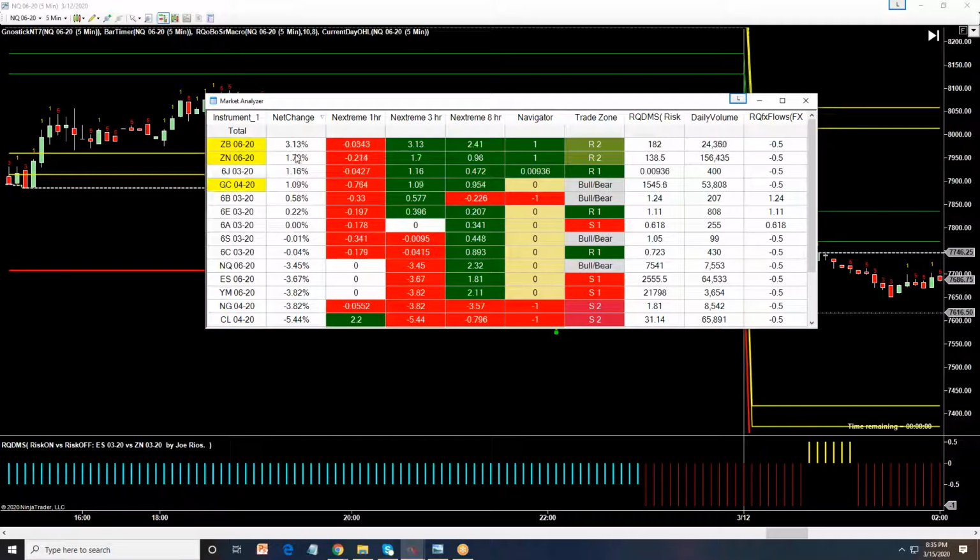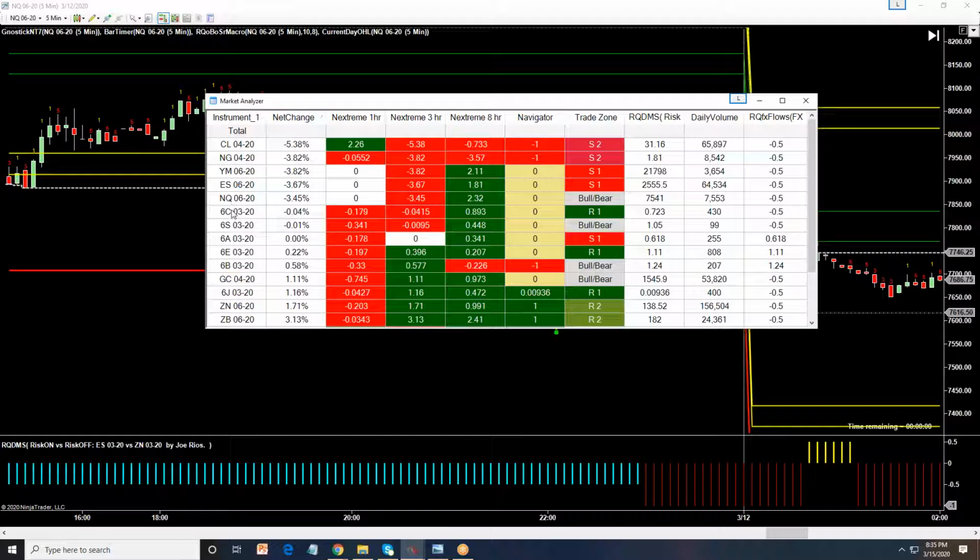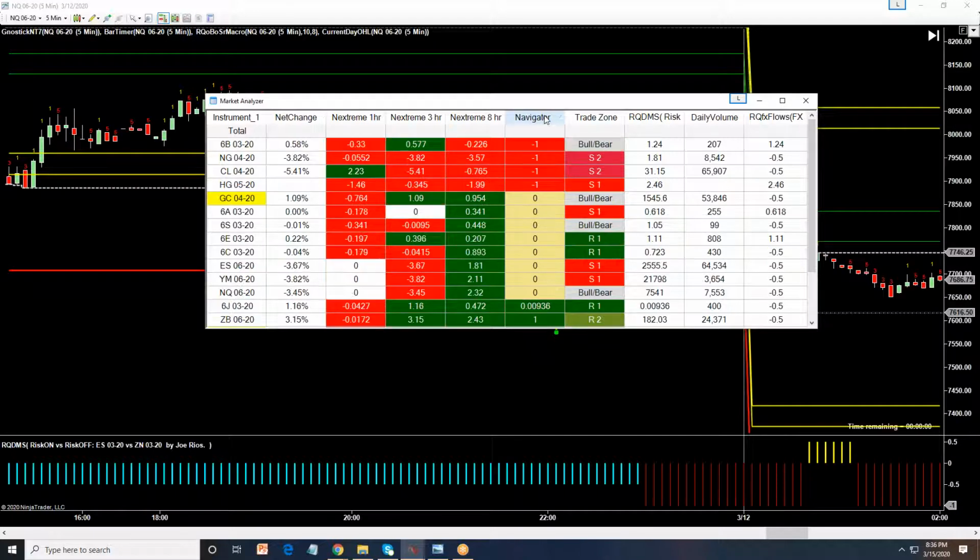If I wanted to look at the leaders just for the currencies, I could tell you right now that the yen is the strongest. If I click on net change, I could tell you that the Canadian is the weakest. Now we also like to click on the navigation so we can actually see what is consistently red or consistently green from left to right. And right now, there's only 2 markets that are consistently red. There's nothing consistently green. The ones that are consistently red right now would be that of copper and that of